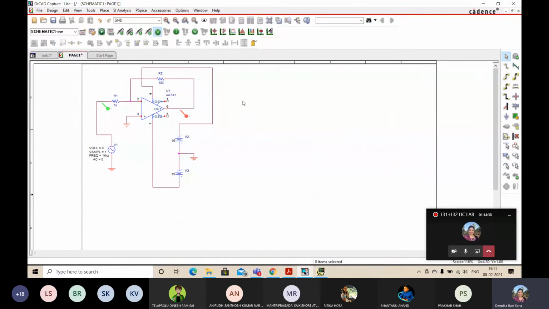Just connect the ground to pin number 2, and that same supply you just move a little bit to pin number 3 and give the connection. Delete the wire from pin number 2, that side. No, that should be like that. From R1 you delete. Before R1. Delete that wire. That ground you take to R1 side. Okay, you deleted that also. No issue. Bring another ground and connect to R1 side.